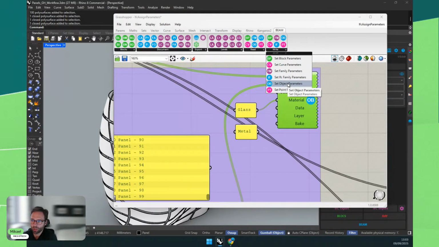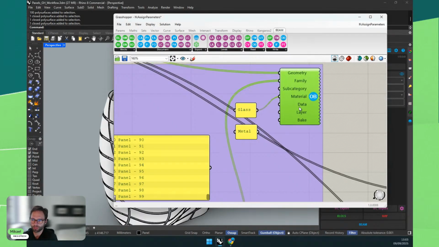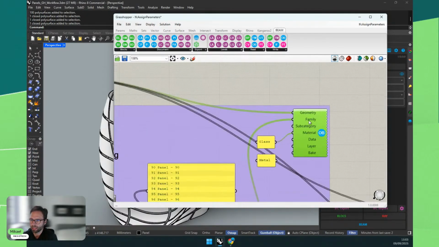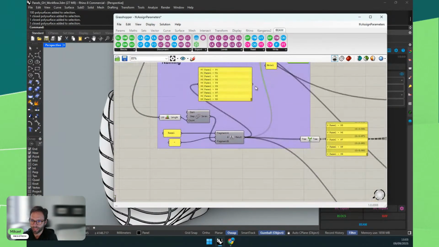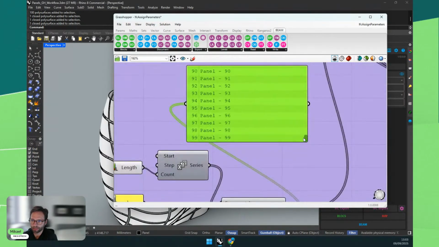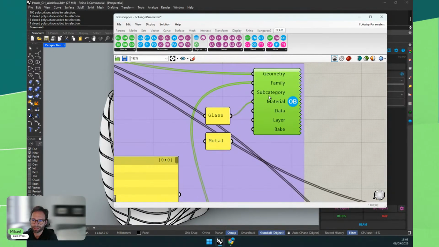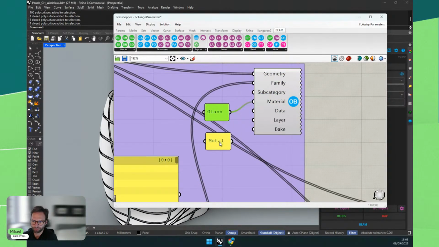If these were blocks, we would use the set block parameters or curve and so on. So by doing that, we can plug the geometry, which we have referenced from here. We can assign the family name, and these will be the family names. So panel 0 to panel 99, all flat. Then we can assign a subcategory if we want to, a material, so glass or metal.